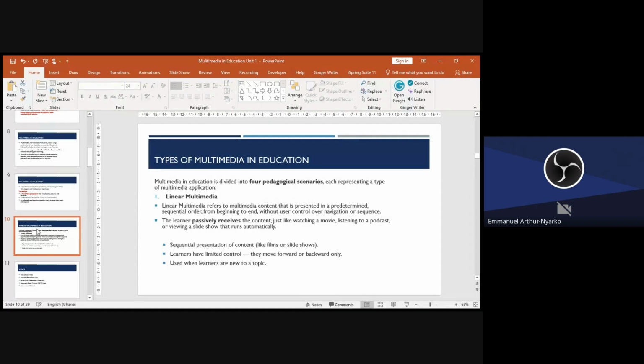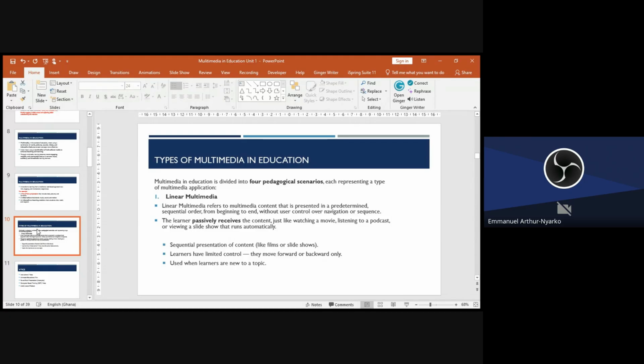But if it's linear multimedia, you are not able to do that. The learner has limited control. They move forward or backward. It is used when the learners are new to a topic. You don't have to make it more interactive.